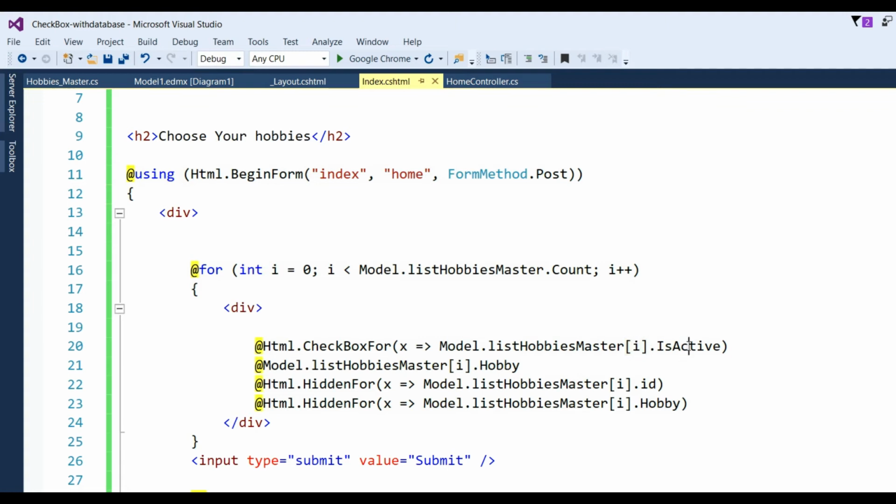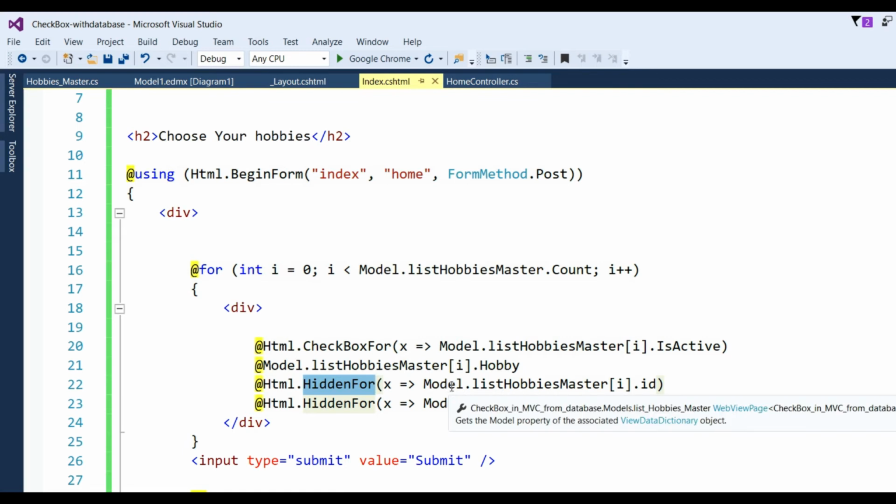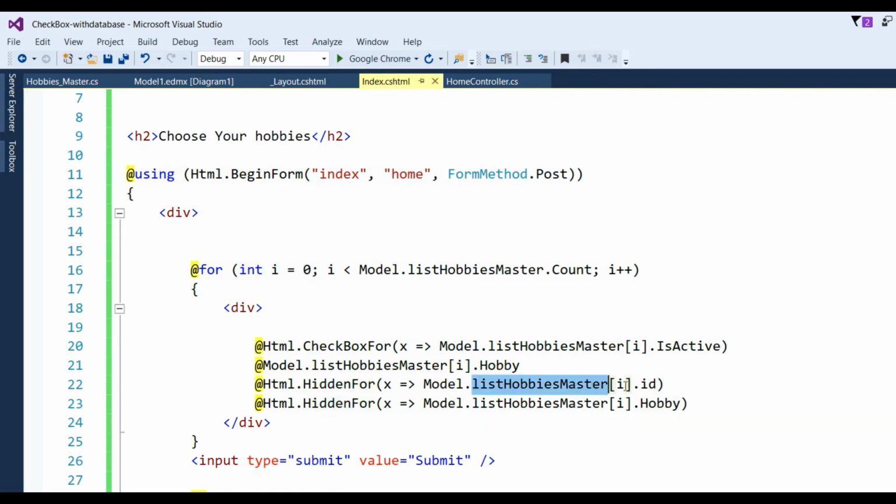I have defined IsActive here. In the same way I put the master model ListHobbiesMaster[i].Hobby for showing the text of the hobby. And in the hidden field I have taken Html.HiddenFor x => Model.ListHobbiesMaster, and put the IDs here, and Html.HiddenFor x => Model.ListHobbiesMaster[i].Hobby.